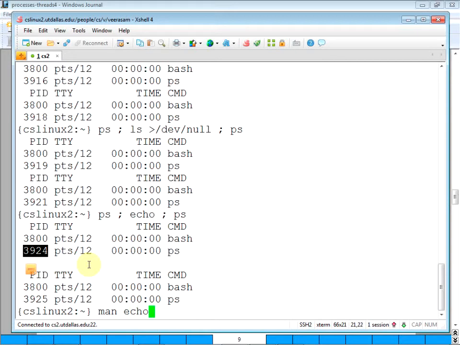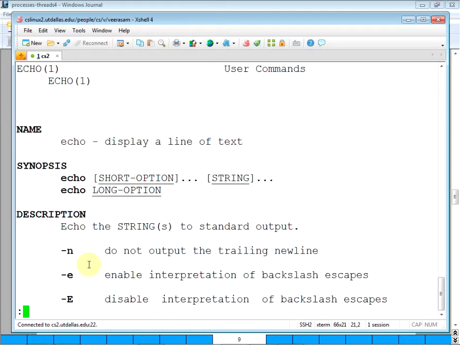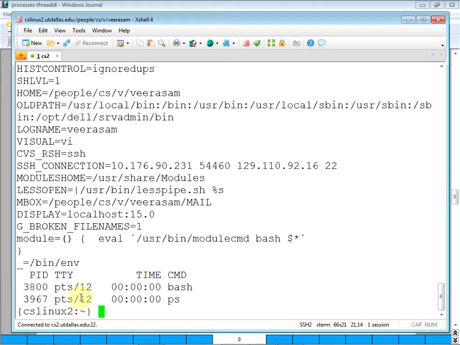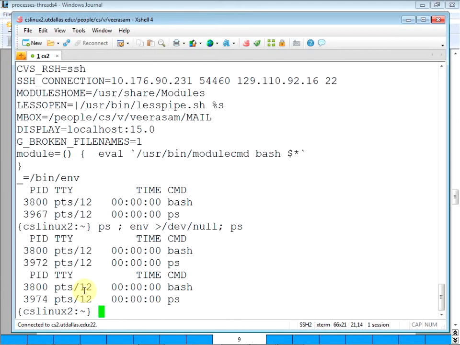You can also do man echo. See that, just to be safe, there's a /bin/echo as well, but that's not used by the shell. So let's see some other command. How about the env command? Let me redirect env to null, see what happens. That probably creates more confusion because of the redirection.